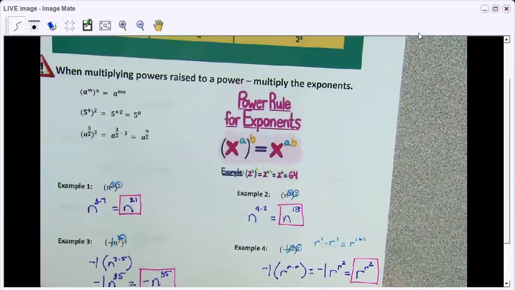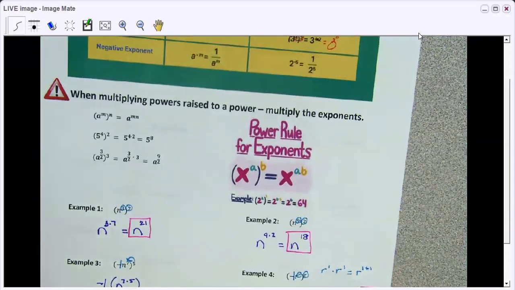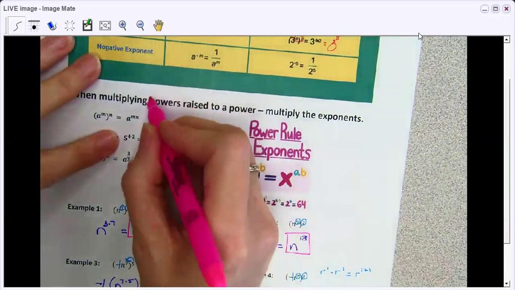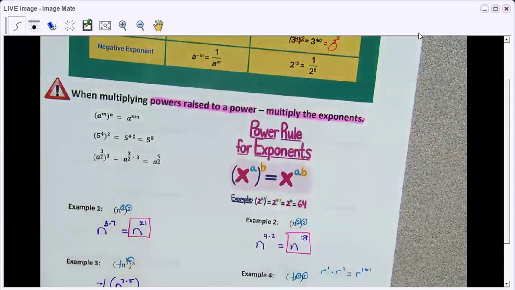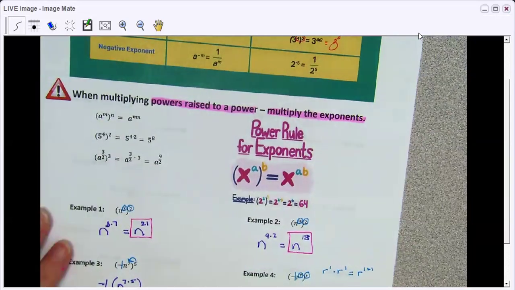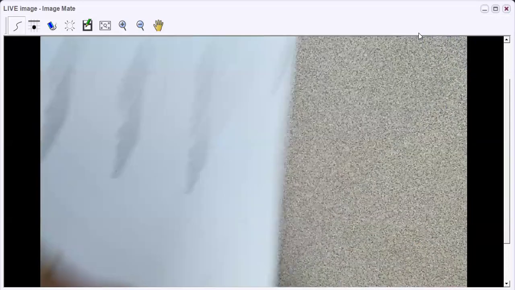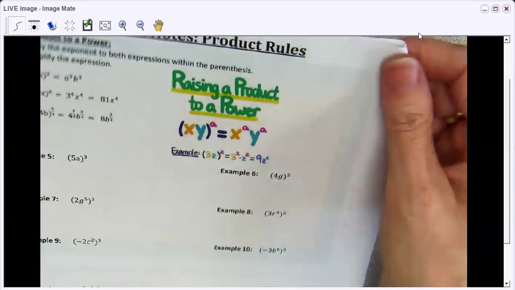So that is when you take a power raised to a power, you're going to multiply the exponents. Okay. So that's your first rule. Let's go ahead and go to page 2. We're going to look at the next